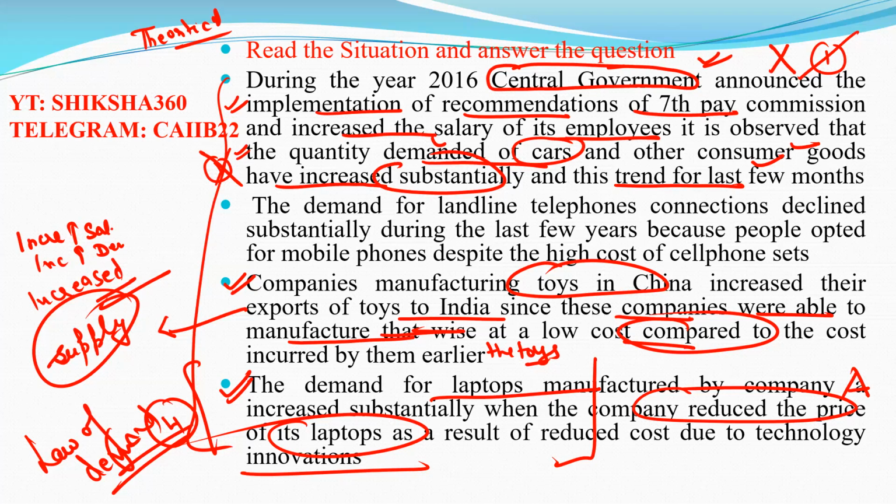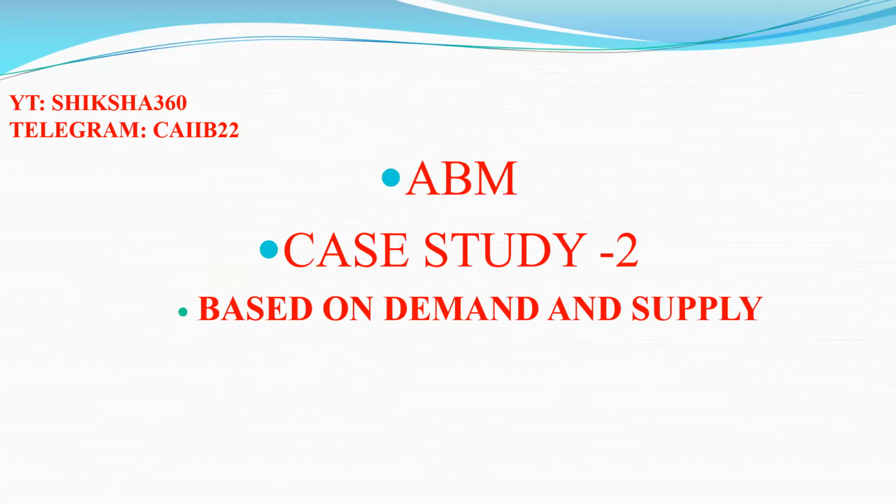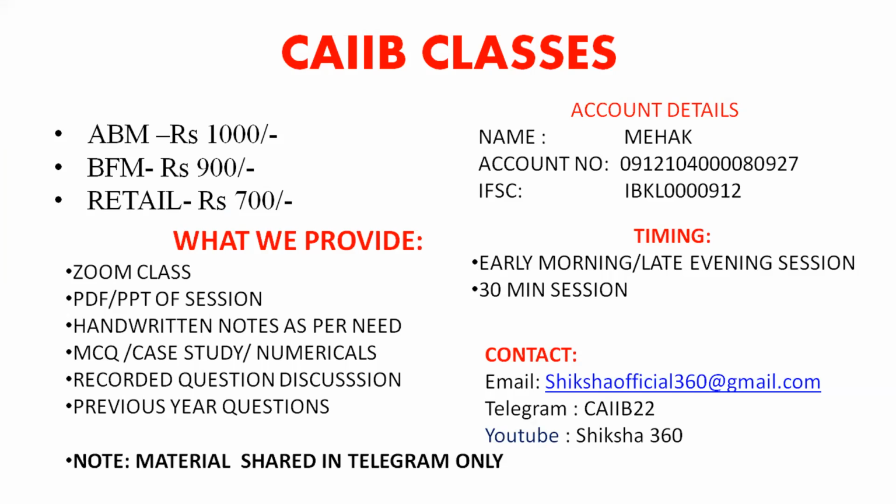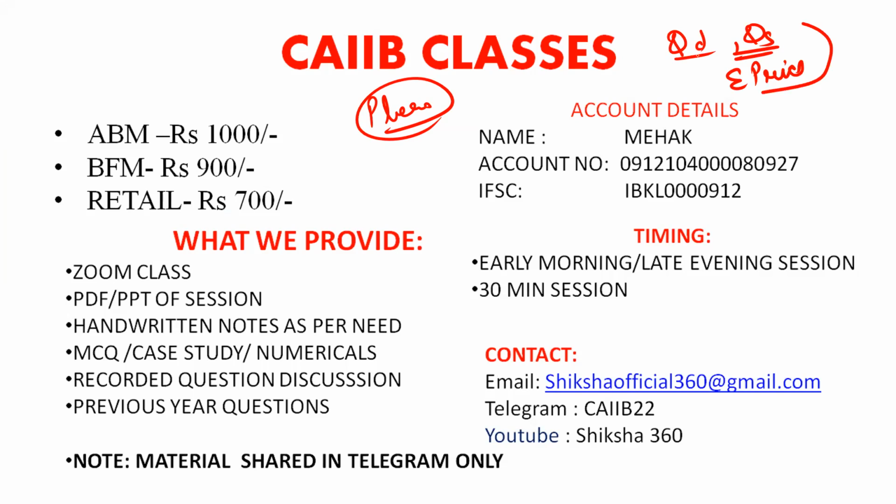In this session, we have to discuss only up to this point. I wanted to discuss one more case study, but due to lack of time I'm not able to, so I will provide that case study in your Telegram group. I request all of you to please solve it. That case study is simply regarding quantity demanded, quantity supplied and equilibrium price, and one or two questions based on the MSP, minimum support price. What is the role of the minimum support price in that?